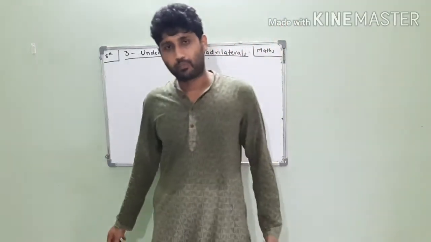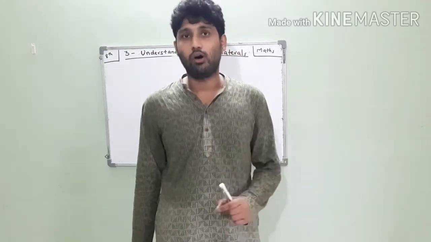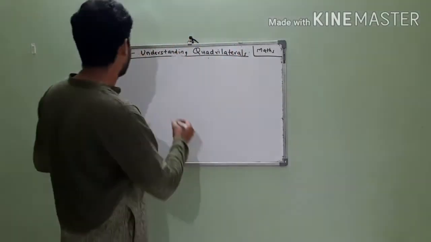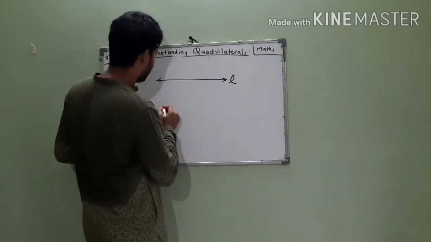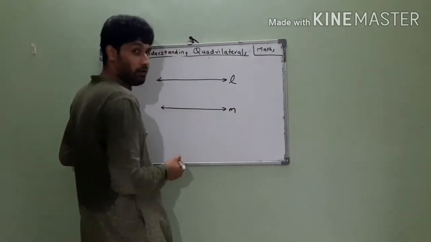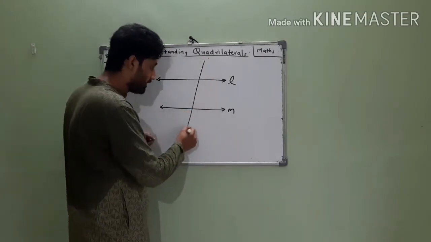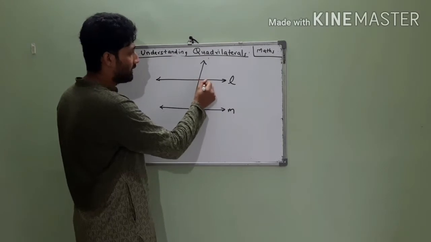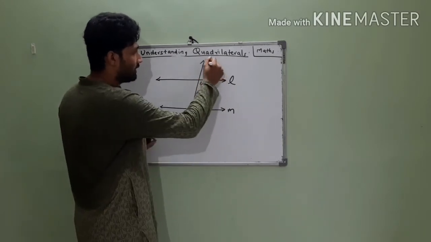If you remember, during our revision time, we talked about transversal. It is time that we revise all those concepts again before we move on to understanding the different shapes of a quadrilateral. So, suppose you have two parallel lines. This is a line L. We have a parallel line M, and you have one line which intersects both these lines, right, at points, let's say A and B. This is line N.